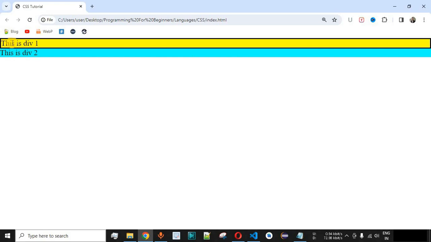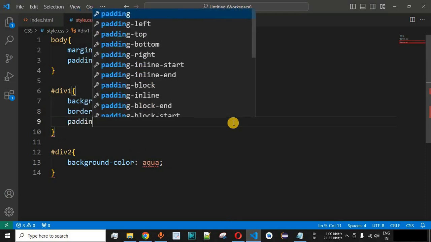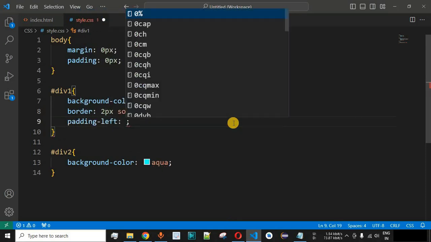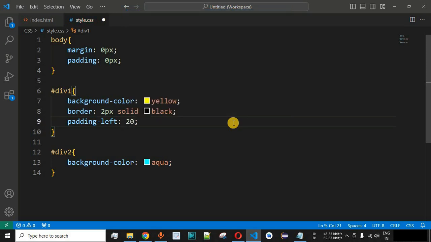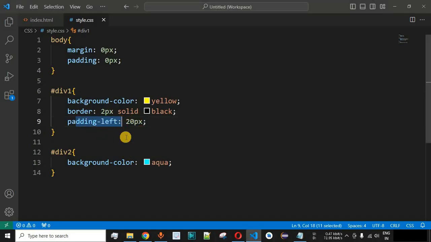Now, when we provide padding for a particular web element, the space is provided in between the border and the content of the element. So let us check that as well. We are going to provide the padding to the left hand side of this first div. We come to this div1 ID and say padding, followed by hyphen and then left, and let's say we provide 20 pixels as the padding to the left hand side of the div1. When we save this file and try reloading this page, as you can see, this is the space that we have provided in between the border and the content of this div, and this can be achieved by using the padding-left property.